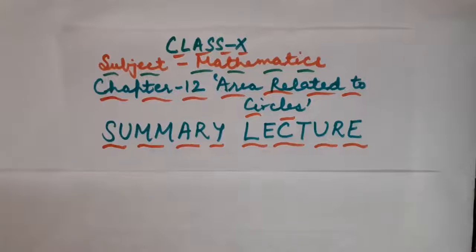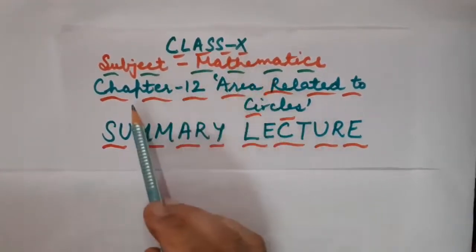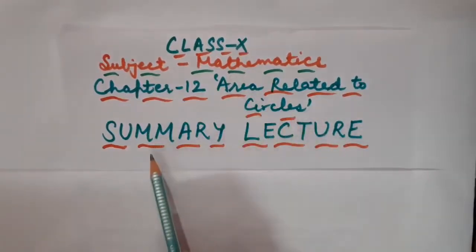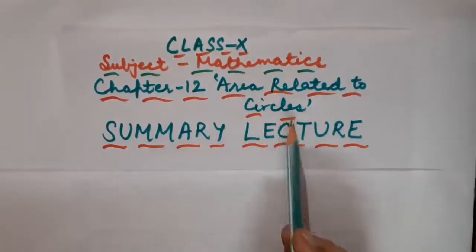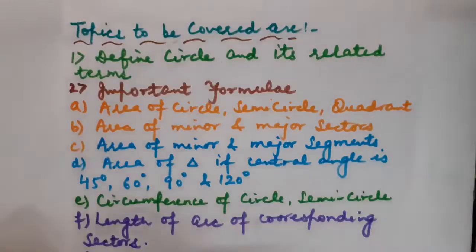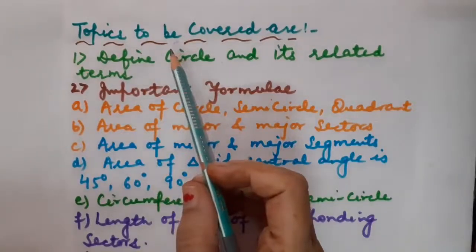So, children, let us start today's mathematics class of grade 10th. This is class 10th, subject mathematics, chapter number 12, area related to circles. Children, this is the summary lecture of chapter number 12. Okay children, the topics which I am going to cover in my summary lecture of chapter number 12, area related